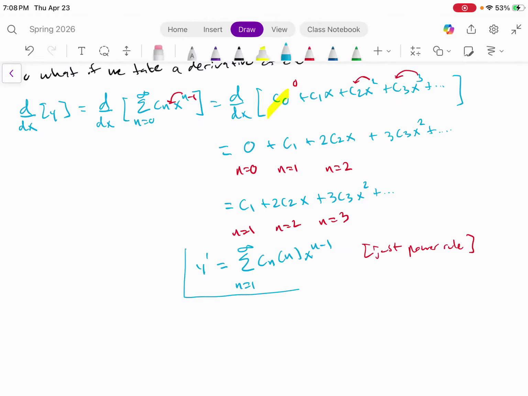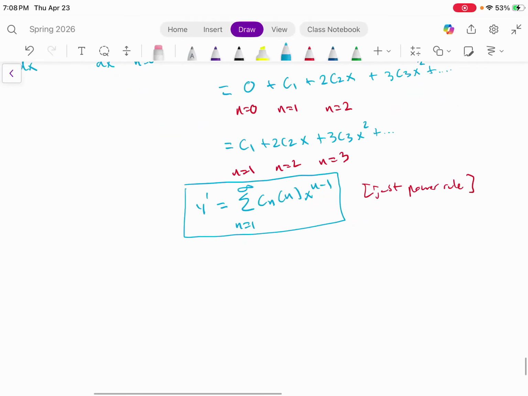Okay, so that's what y prime is for a power. That's the first derivative of a standard power series. It'll always be like this, so don't try to overcomplicate it. Just using the power rule. And so for future reference,